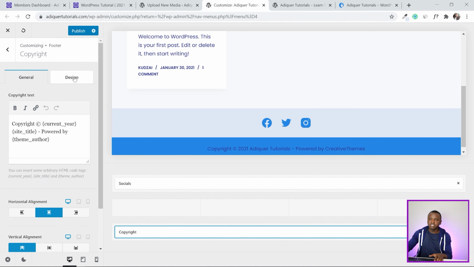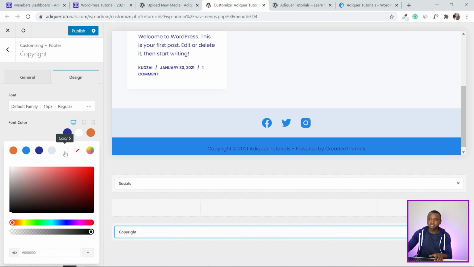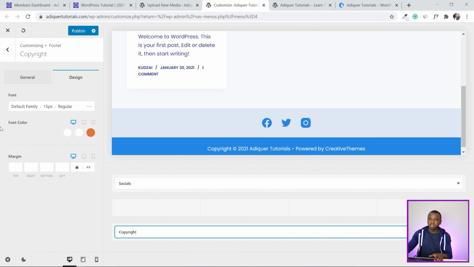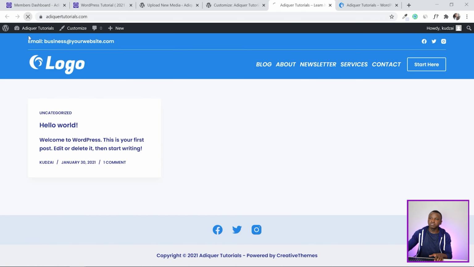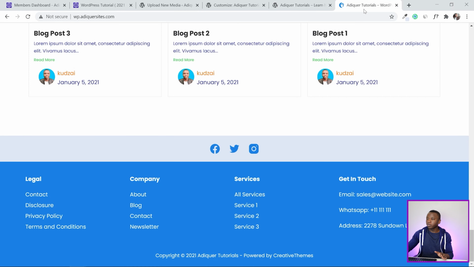And I'm going to go to design and change the font color to white. And after doing that, I think I'm done with that part. I'm just going to click on publish and refresh this page. Okay, now we have created the top row and the bottom row, and we are very, very close now to